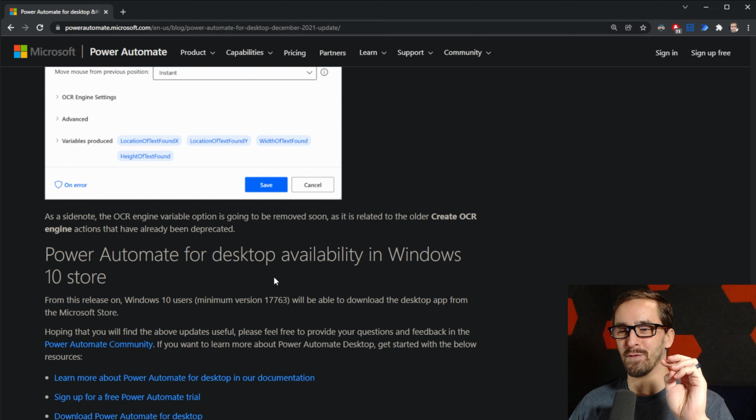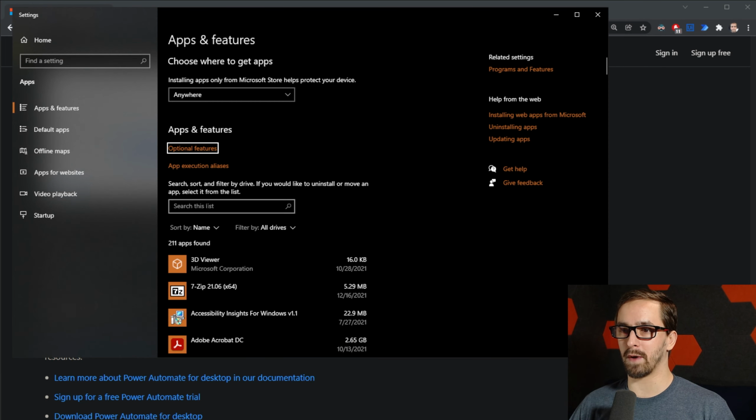So when you go to download this, though, here's what I'd suggest you do. If you're going to switch from using the desktop install, so like you go to the website, you download the installer, you install it and stuff, and you're going to switch to the Microsoft or Windows 10 Store, I would suggest that you uninstall any version you currently have first, because I ran into some issues with this if I didn't do that. So I'm going to open up right now, add and remove features in Windows,